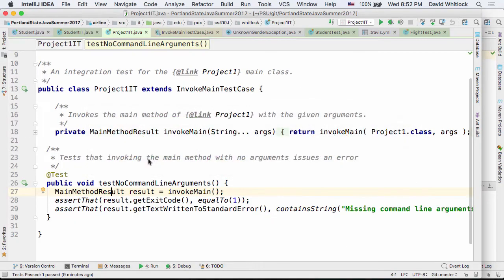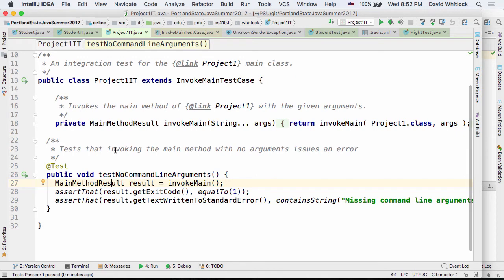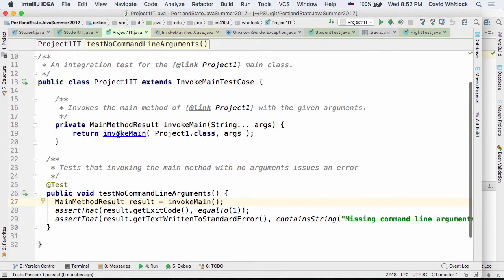Okay, so let me talk a little bit about what we've got here in this integration test. Project 1 IT extends a class that I wrote called InvokeMainTestCase. It provides some methods like invokeMain, and there's some magic going on here. I'm not going to go into the details, but basically you say, hey, I want to invoke the main method of some class, and the way you specify the class is you give the